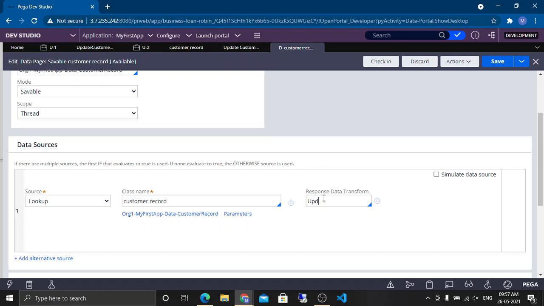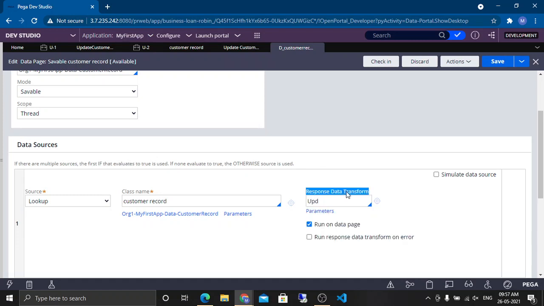Here, the response data transform is there, which is called when this data is loaded, to do some manipulation. Update data transform. Then this data will be manipulated and then put on the clipboard, before sourcing the data.